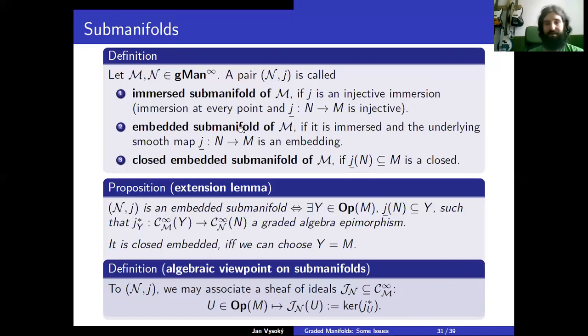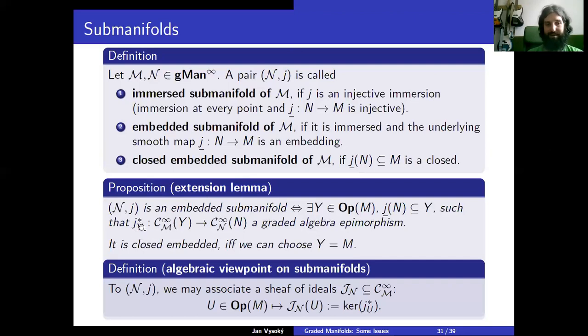I call it an embedded submanifold if, moreover, it's an immersed submanifold and the underlying map from N to M is an embedding, the usual notion of an embedding. And it's a closed embedded submanifold of M if the image of this underlying smooth map is a closed subset of M. And the usual properties of submanifolds hold. For example, something which I call the extension lemma. If I have an embedded submanifold, there is an open subset Y in M which contains the image of N, such that the pullback by my